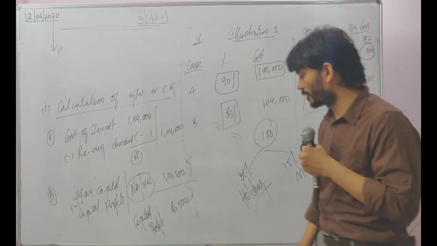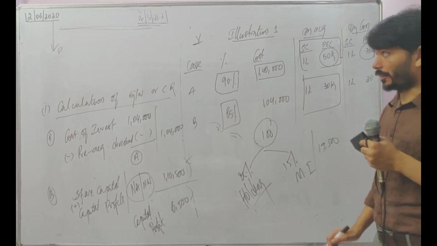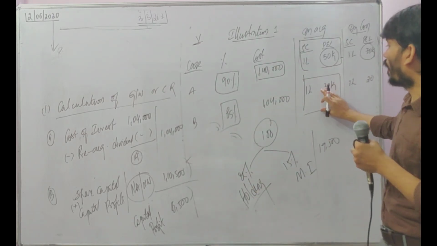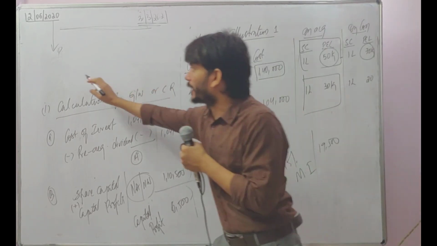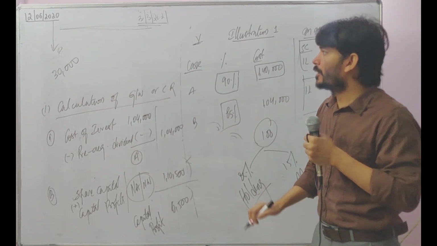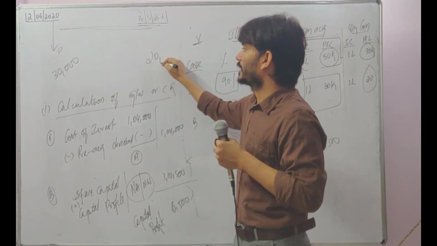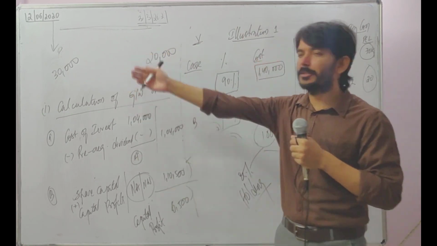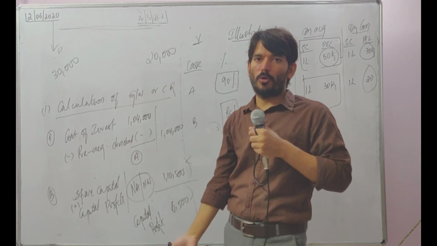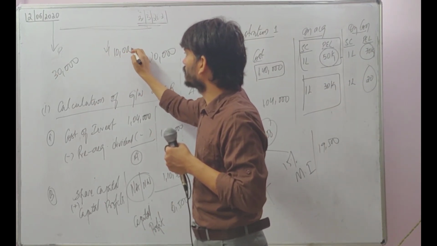So we got two calculations. One is a capital reserve, capital profit, sorry, and 19,500 is the minority interest. But this is a tricky point. You try to understand this. On the date of acquisition, there is a profit of 30,000. You purchased it, but after you became the owner, the company has made a loss of 10,000. So this is a loss.